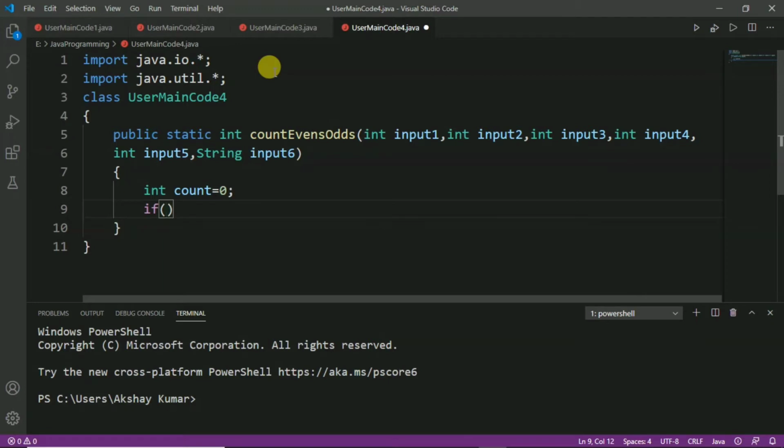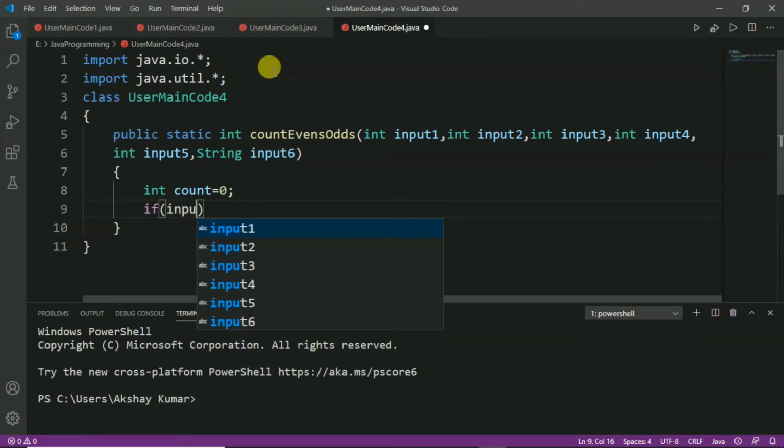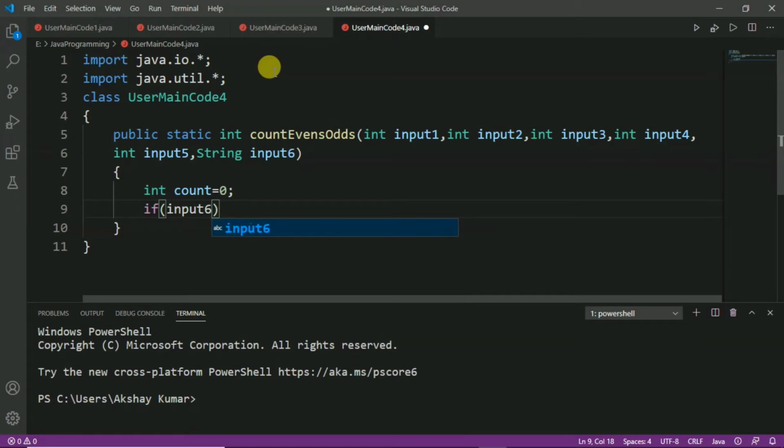After that we will write the condition to check the sixth input parameter of type string. We will ignore the case of the string, so we write input6.equalsIgnoreCase, and we will pass the parameter as odd.